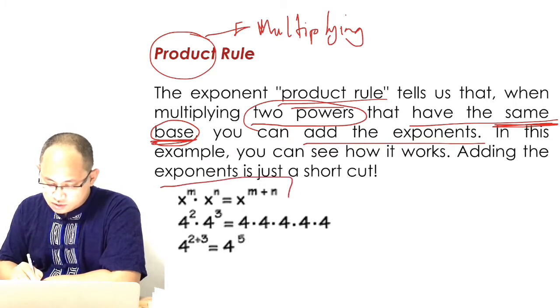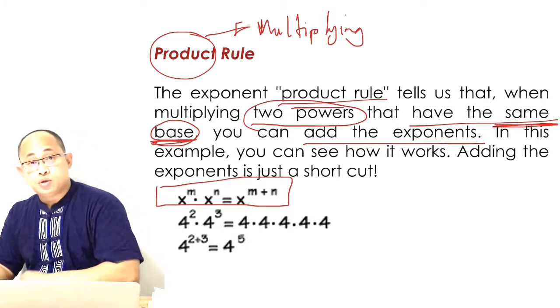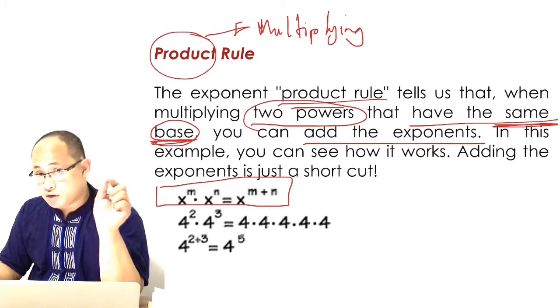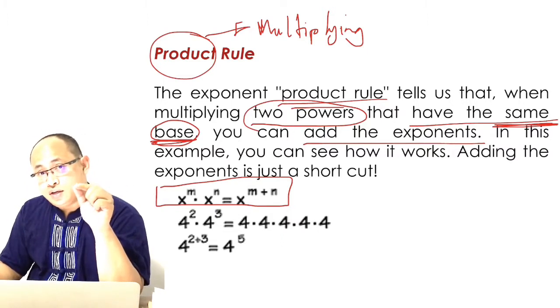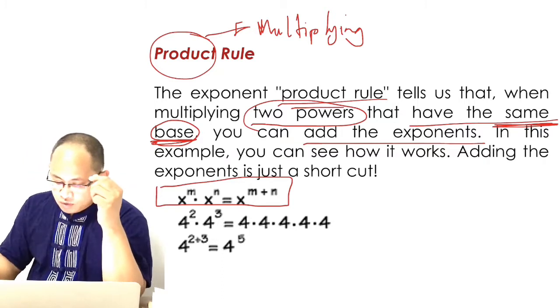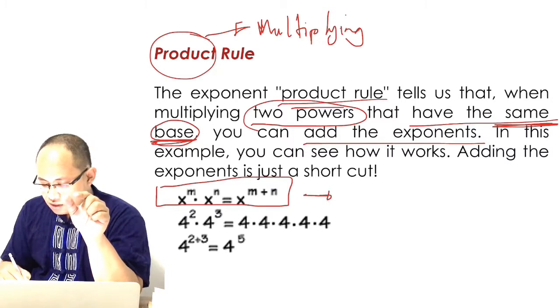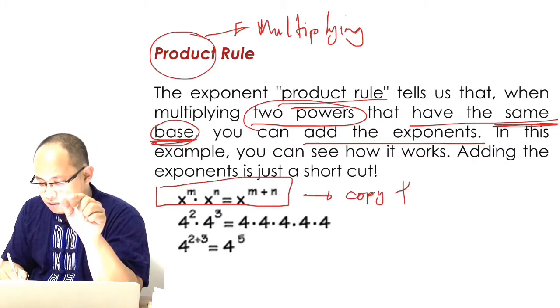The pattern is x to the power of m times x to the power of n. Notice the bases are the same, they are both x, and the exponents are different, m and n. The result will be copy the base,